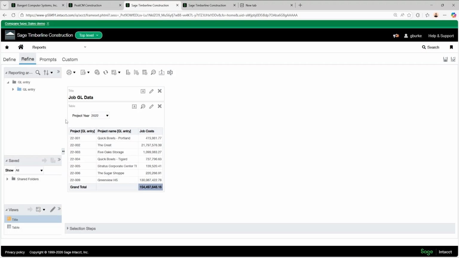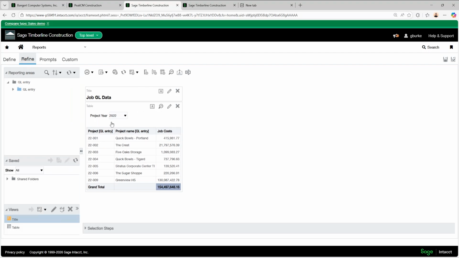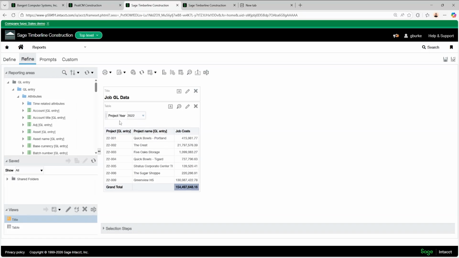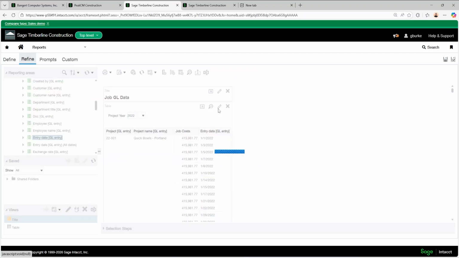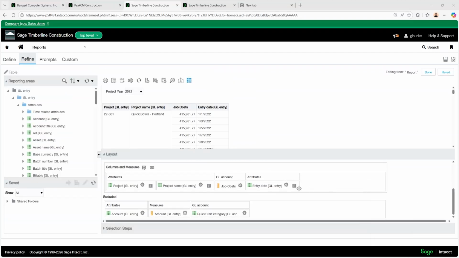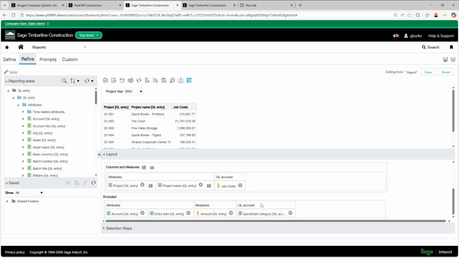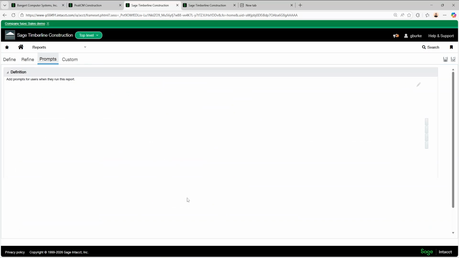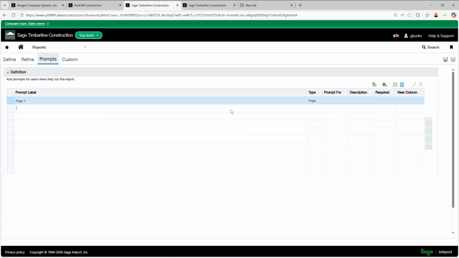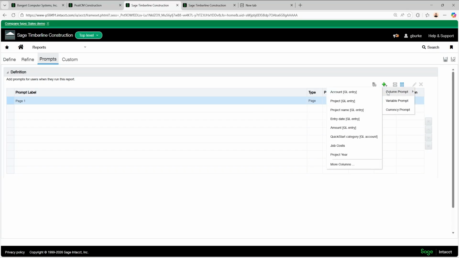So this is nice, but maybe I'd want to look at the report as of a certain date a year ago for whatever reason. This wouldn't be able to help me. To get started, I'm going to add entry date to the report, and then I'm going to exclude it. And this is because we'll be evaluating things based on that entry date. And then we'll go ahead and go to prompts. So a simple way to do this, but has less flexibility, is we could simply just filter on that entry date I just added.